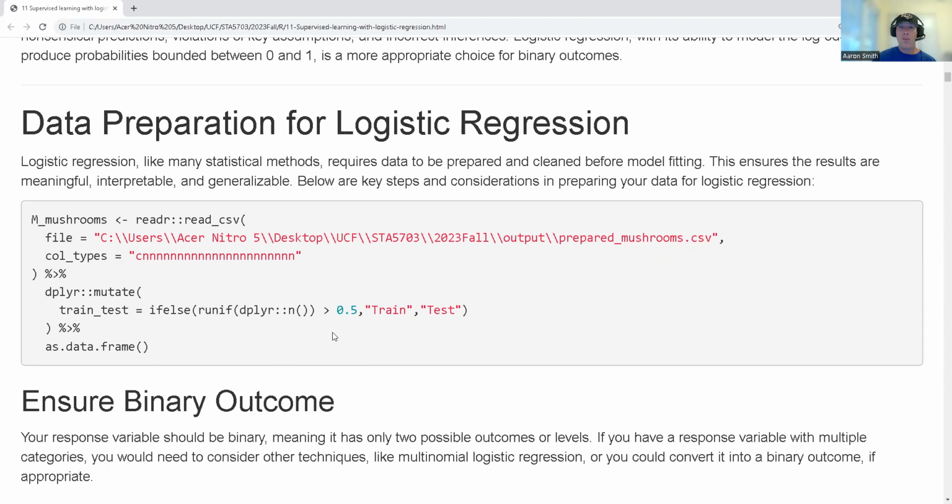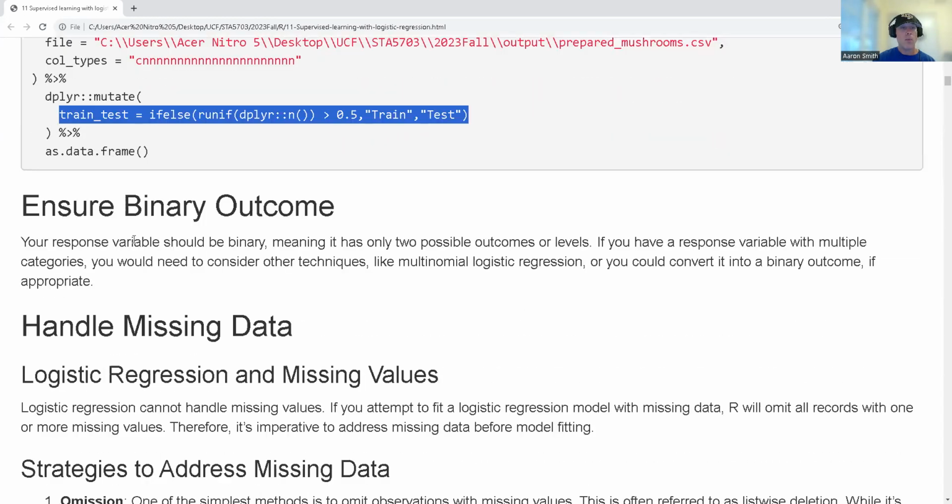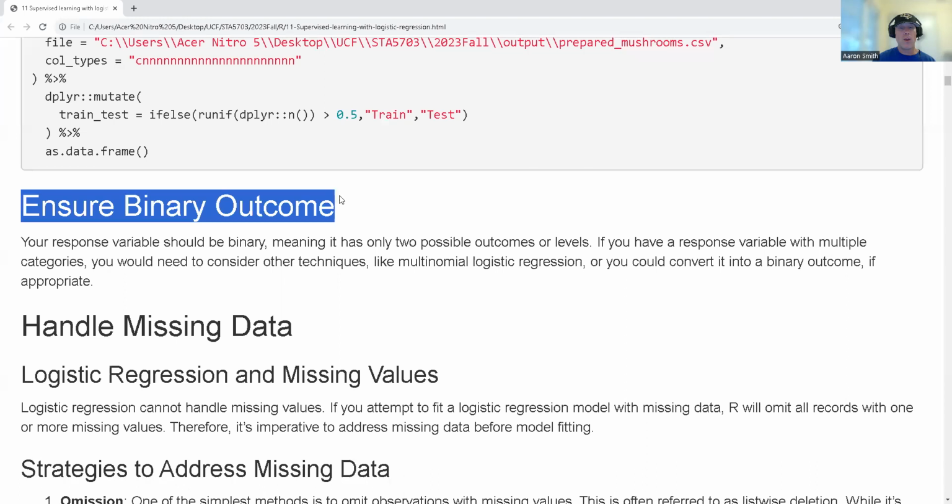And in this data set, this is a Kaggle competition data set. And so I'm going to take the data and I'm going to create a train test column for splitting so I can do my train test statistics. Now for my data prep, first thing I need to do,